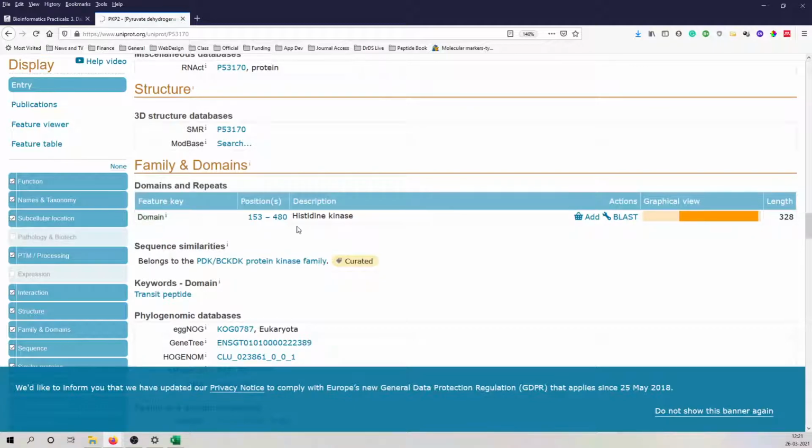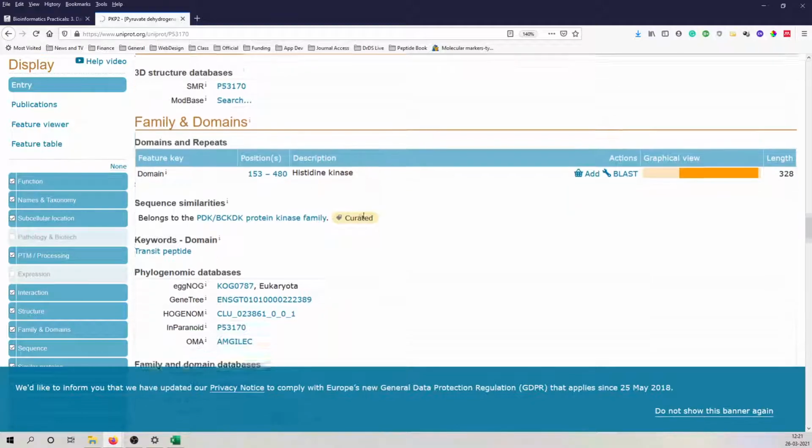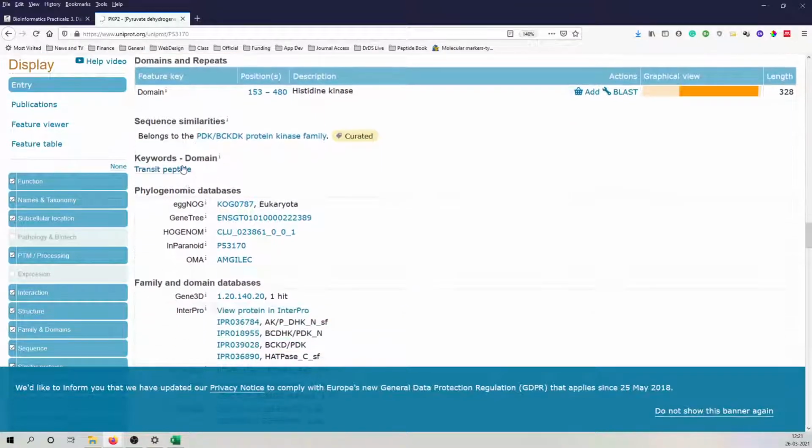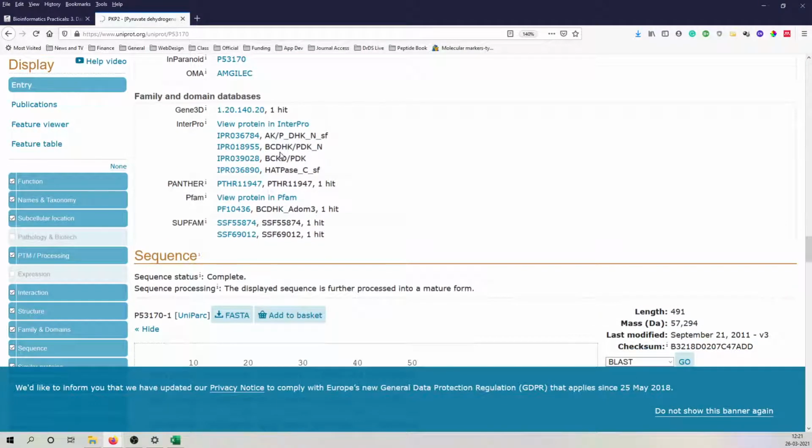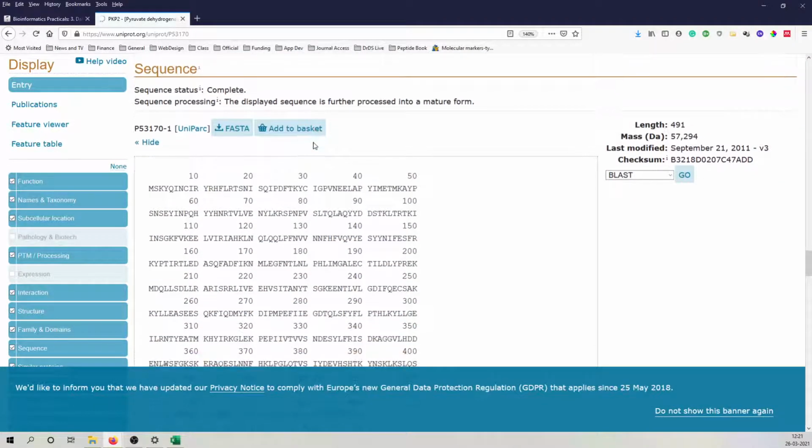The domains: a histidine kinase domain is present in that protein between amino acids 153 to 480. That's a histidine kinase domain. So all the available information, including the sequence.